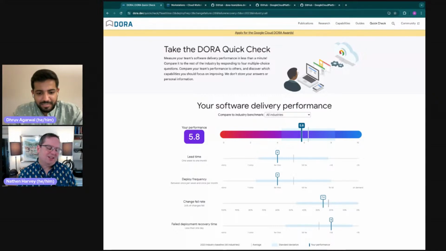And we'll come back to a couple of things around how do you improve those numbers over time here in just a bit. But the quick check is just one way in which you can gather those numbers. But as you see, this was a form that I filled out, and it definitely reflects my lived experience. Well, I mean, I just made up the answers just now, but when you fill it out, you can have it reflect your lived experience.